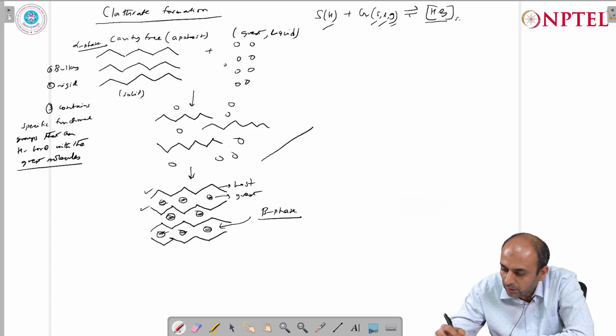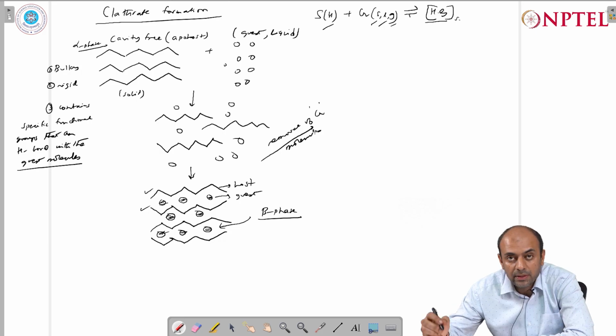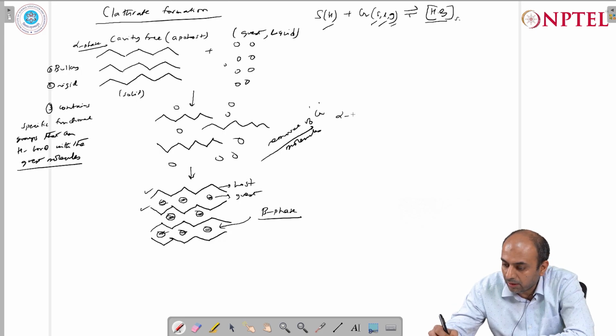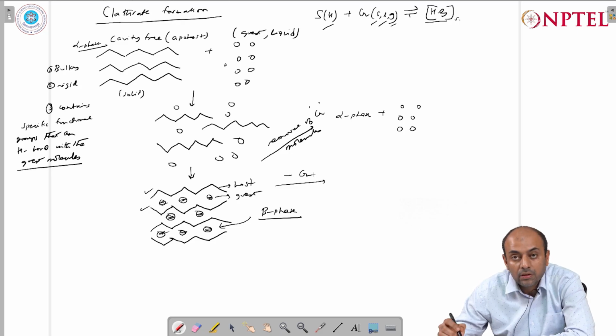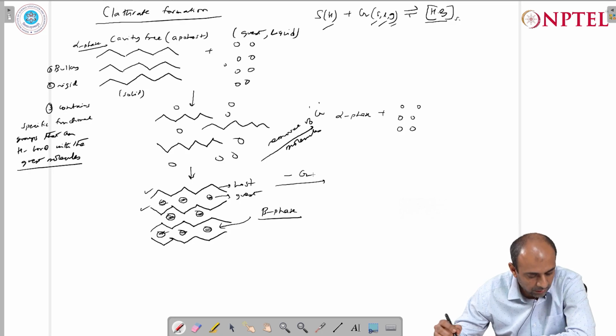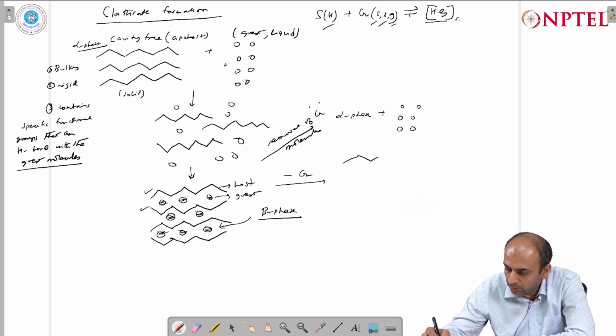So first of all, when you have the removal of G molecules, that means the guest molecules, you can get back the alpha phase, which is the apohost, plus the solvent molecules. The guest molecules, which are actually liquid in nature, will be released into the bulk. The next thing is that we can remove the guest molecules from the structure, and it will now be